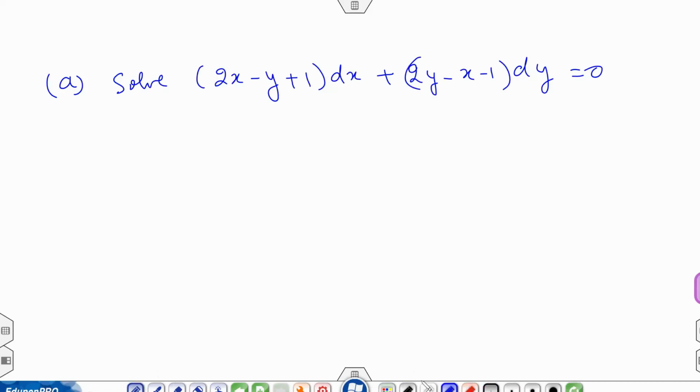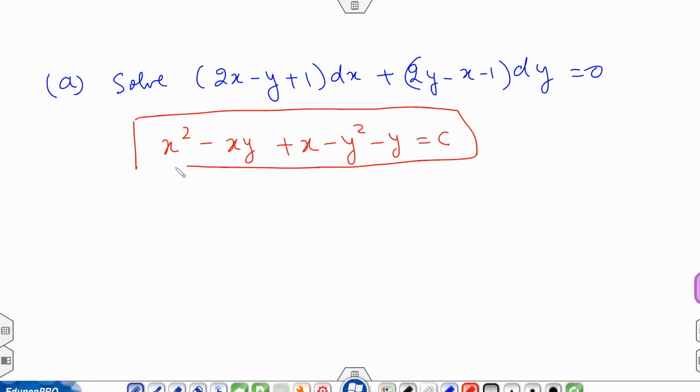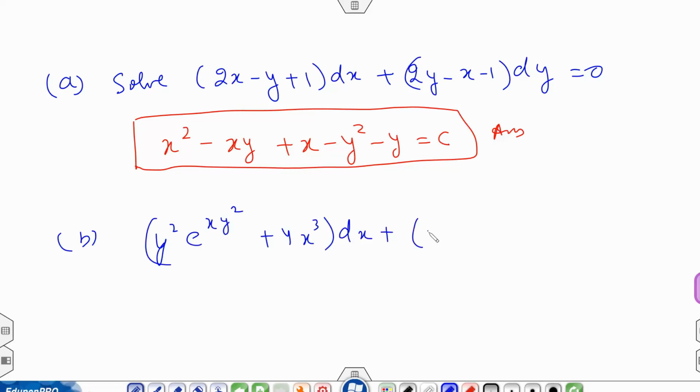So now I'll give you two questions. After watching this video, I hope you will be able to solve these two questions. The first question is solve this, and I'll write down the solution. The answer for this question will be this. This is the answer for part a, and I'll write another question. This is y square e to the power x square dx plus 2xy e to the power xy square minus 3y square dy equal to 0, and the answer for this will be